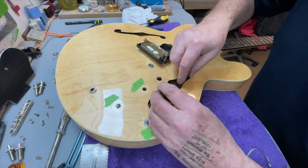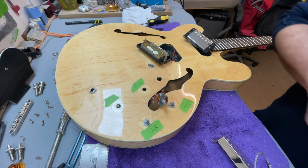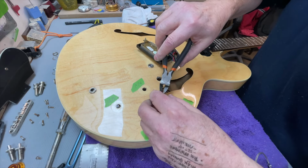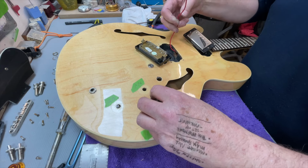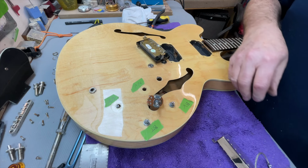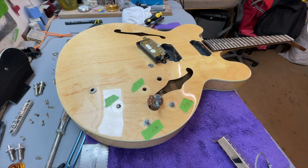Well, this has to be... I'm going to take a risk and cut the blue wire. Thank you. Ready? Yeah. Okay. Now I've got to quickly undo the thingy. I'm missing a thingy. Thank you. Gonna set up the...